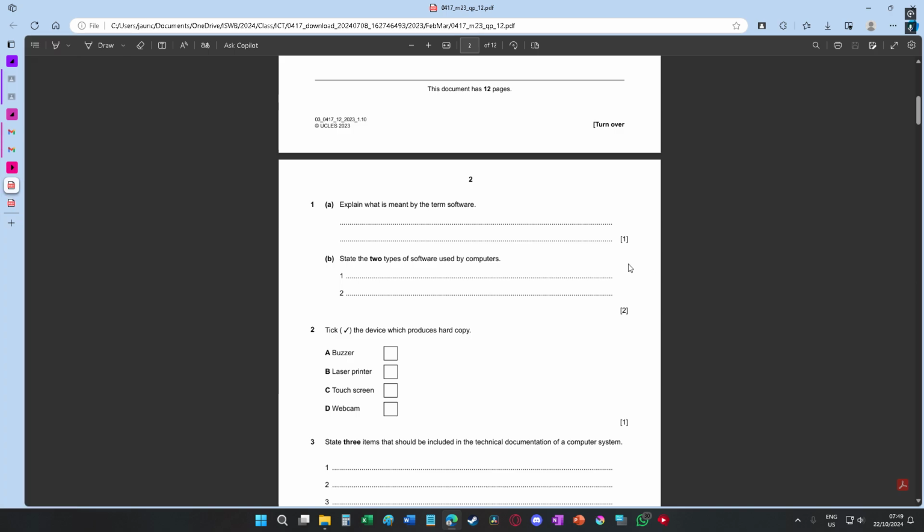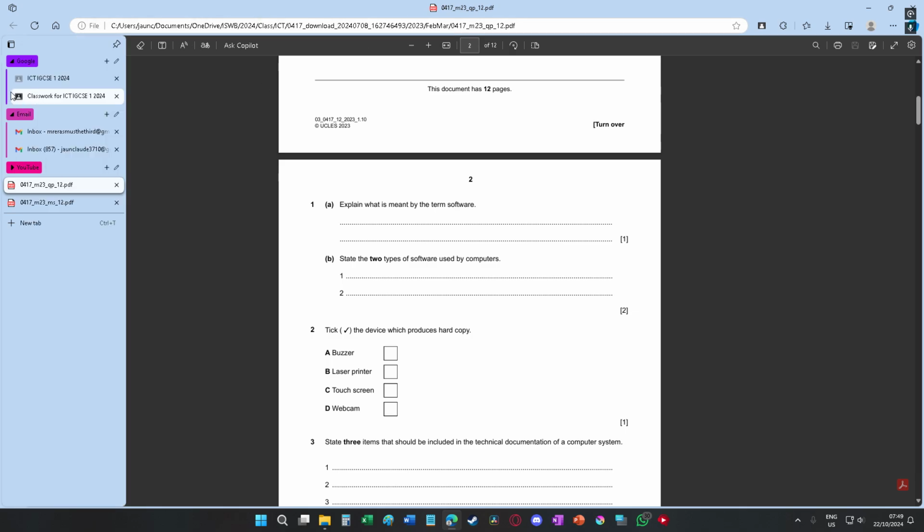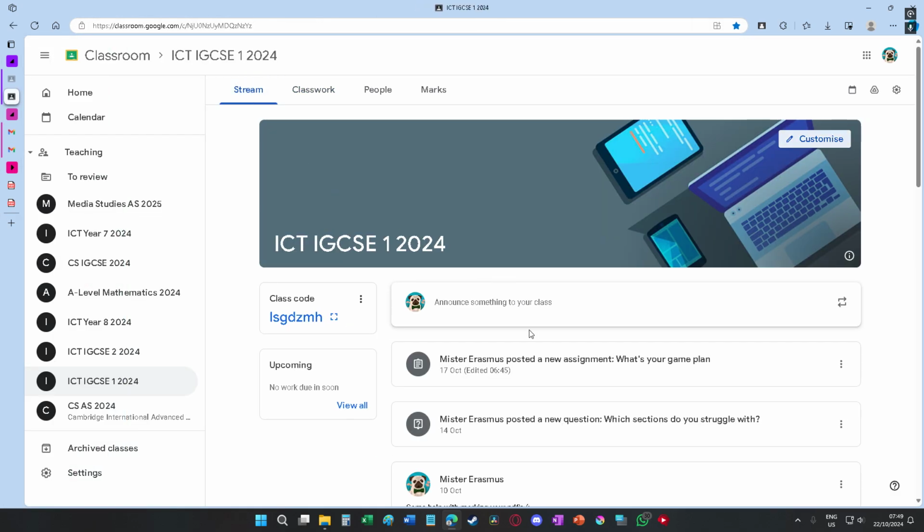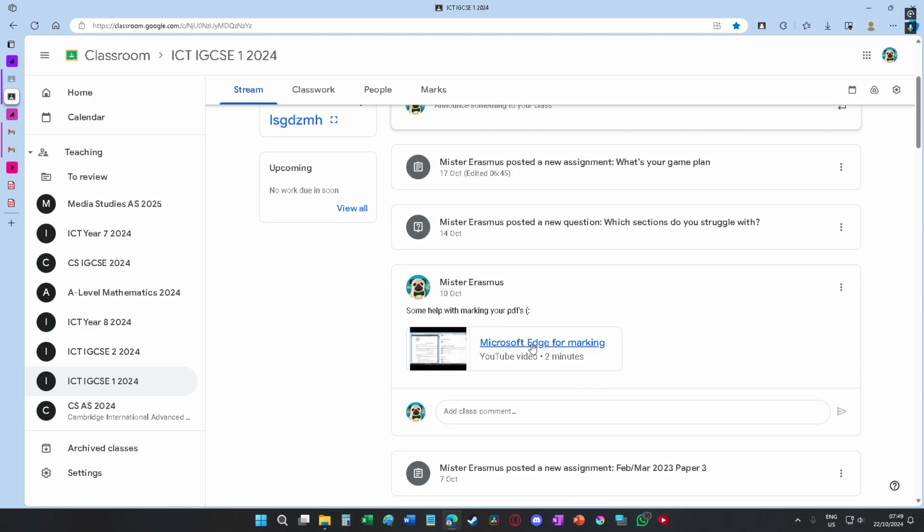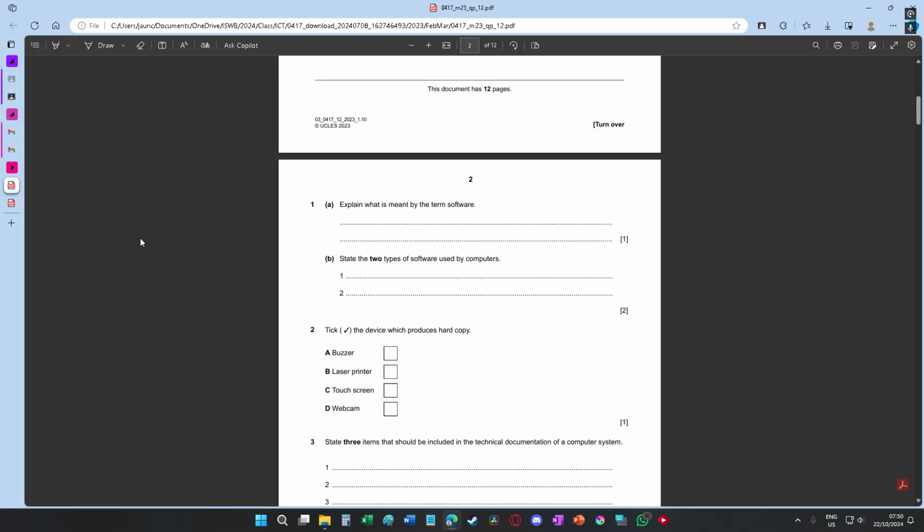Yeah, so now that you have done this, now on PDF, so on Microsoft Edge, there's a video here on marking on Microsoft Edge, so just go have a look at that if you don't know how to do this. But now, if you have a drawing pen, you can just draw in the answer. It is not as easy to do with a mouse, so you can also just type in there, okay, software is